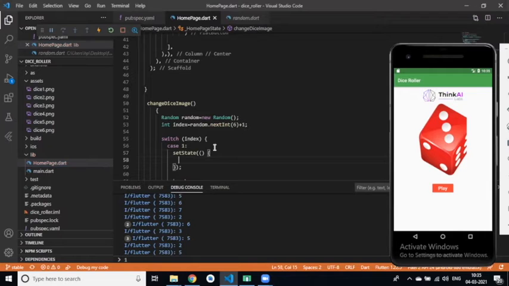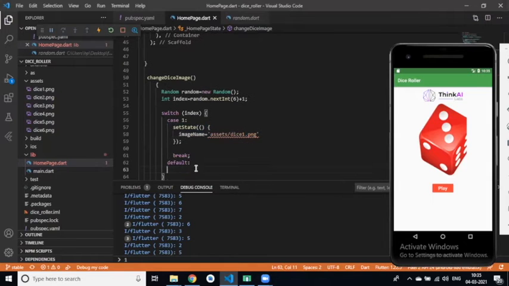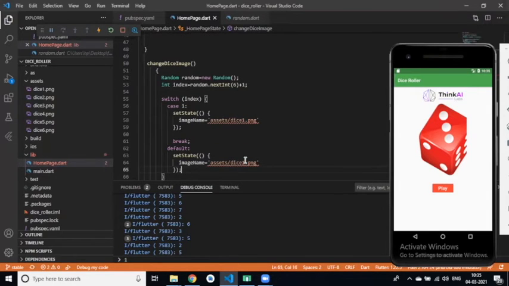In setState we can give image name is equal to assets/dice1.png, right? Same in case 2, and in the default case, dice 6.